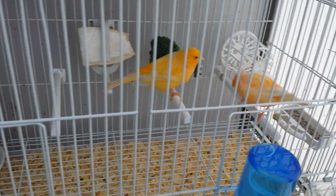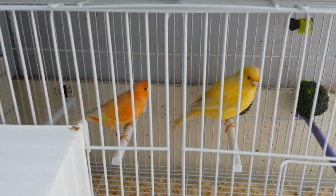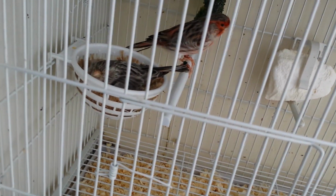So that's my birds. That's the yellow pair. There's the orange male with the yellow female. Oh, she just moved. There's